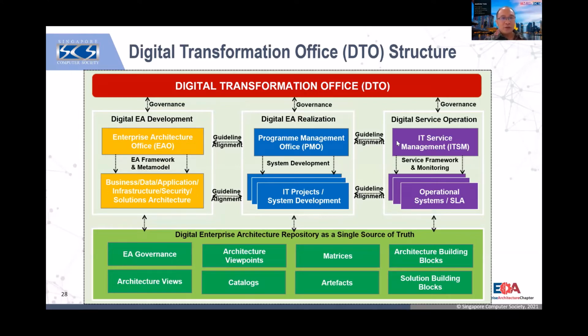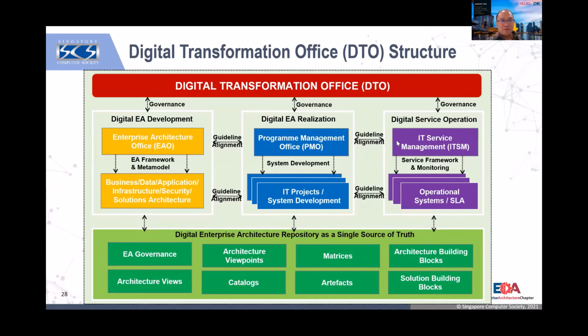They are not only talking about transformation, but they are actually taking leadership of the transformation for the entire organization, whereby the enterprise architecture office is under their purview, and the program management office, the execution, is also under their purview, and also IT service management. Because if you don't do this, then the program management office will do their own way, doing a project, and only call the architect on demand. This is no good, right?